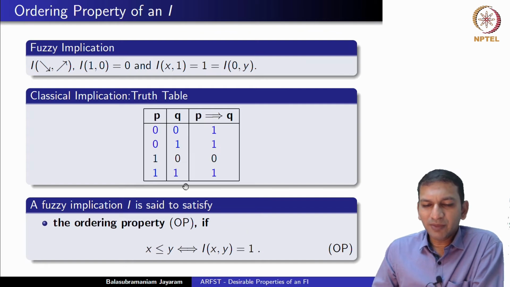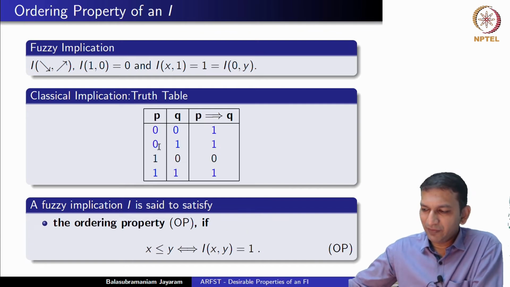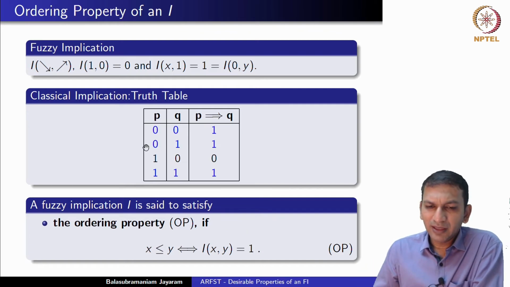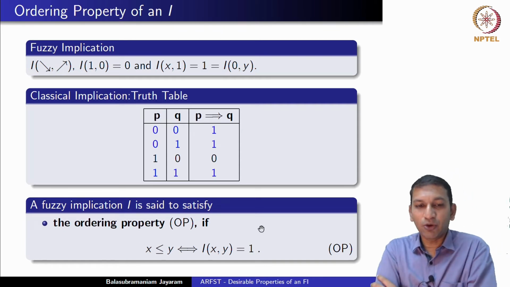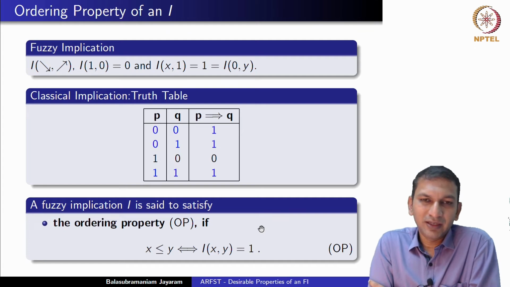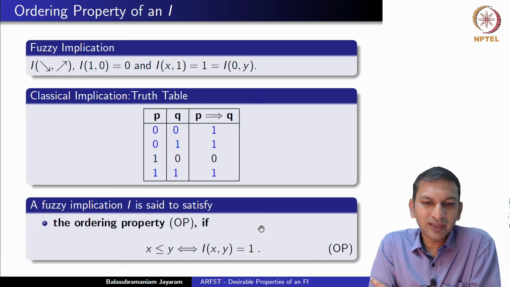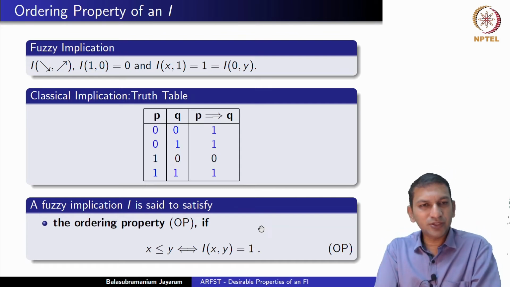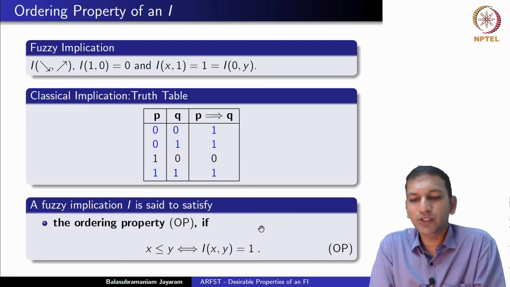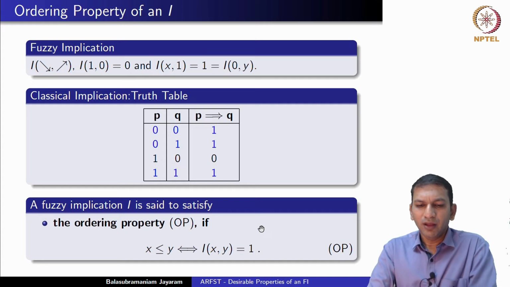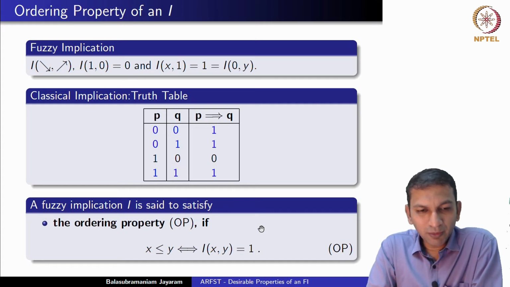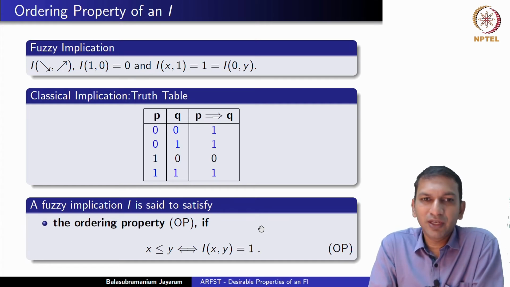But we also have something more. We see that when P is less than or equal to Q, once again P implies Q is 1. And this is abstracted as the ordering property, where whenever x is less than or equal to y, then I of x,y is 1. Not one way, actually both ways. It's an if and only if condition. We say x is less than or equal to y if and only if I of x,y is equal to 1. Now, this ordering property is extremely important,